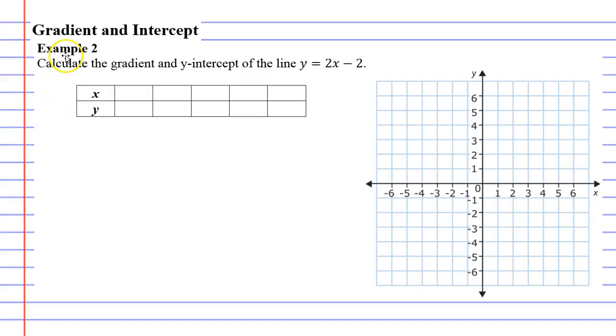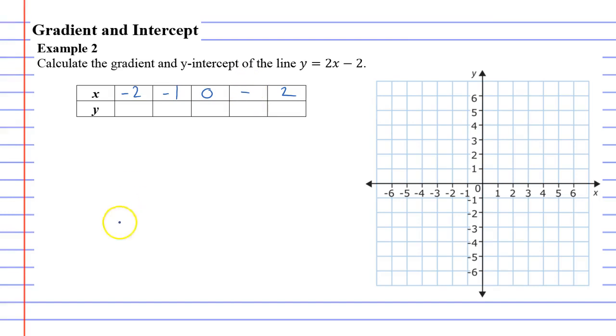Alright, example 2 wants us to calculate the gradient and the y-intercept, this time off the line y equals 2x minus 2. So we've got a table here, so we're going to substitute values in this table and then we can construct our straight line. Okay, so we might remember earlier we usually go from -2,